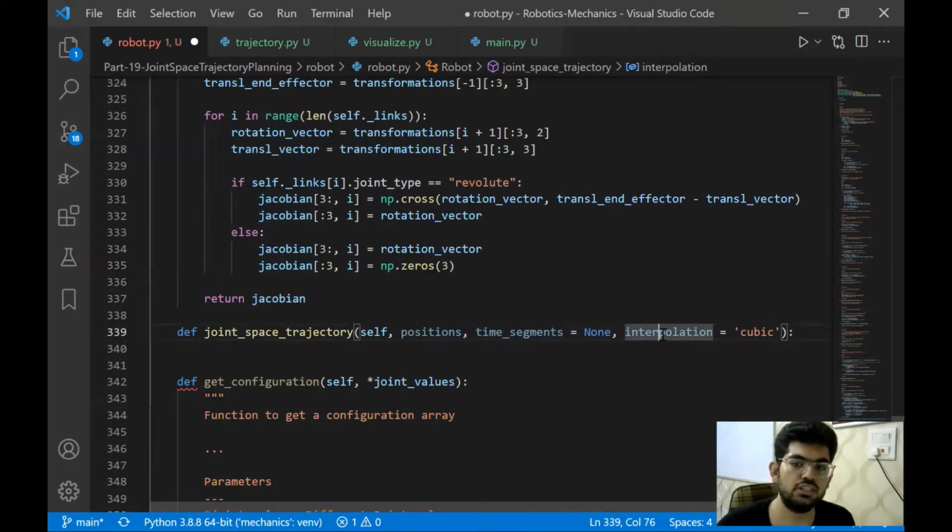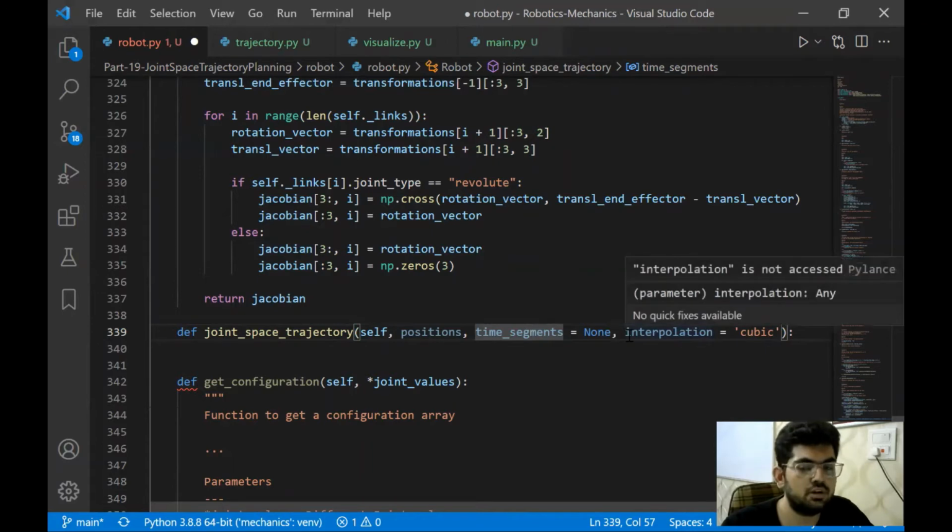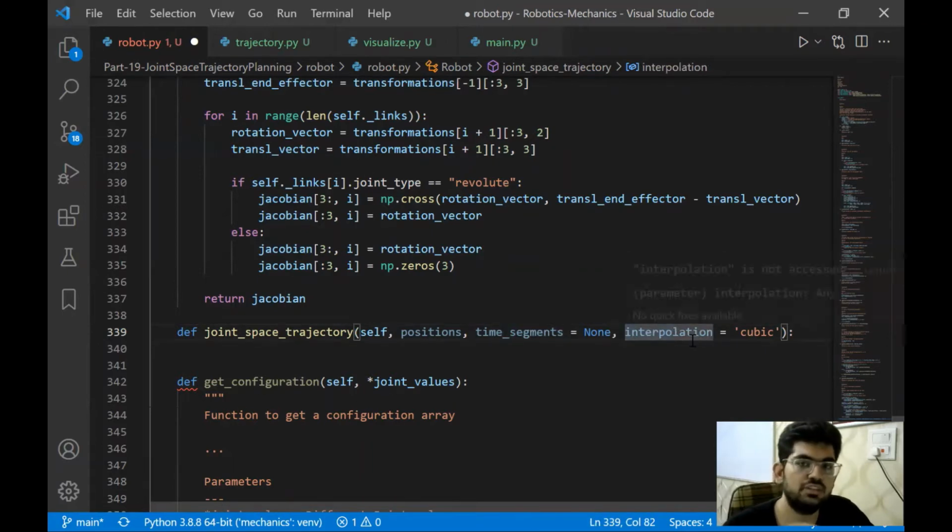When we introduce new interpolations, new kinds of parameters will evolve over time. Then we need a more general method in order to deal with the different interpolation types. Currently, there are only 2 types. Therefore, we can work with the time segments variable. But when the number of interpolations increases, we need to fix a general kind of structure for this. But right now, we are okay with this.